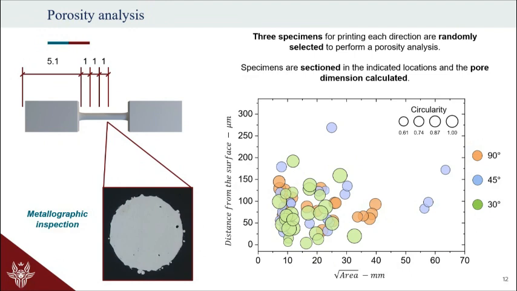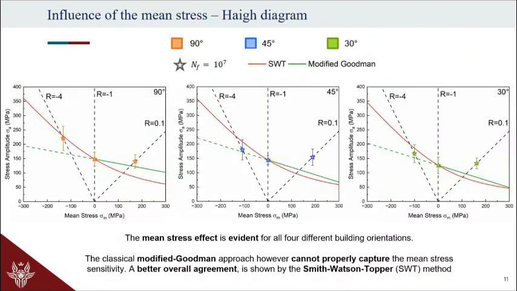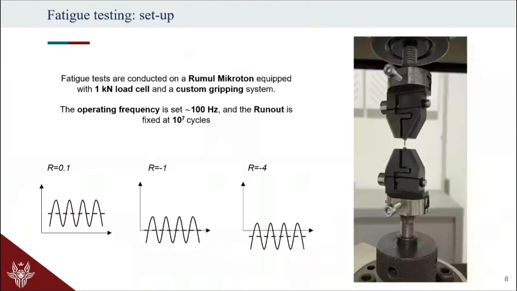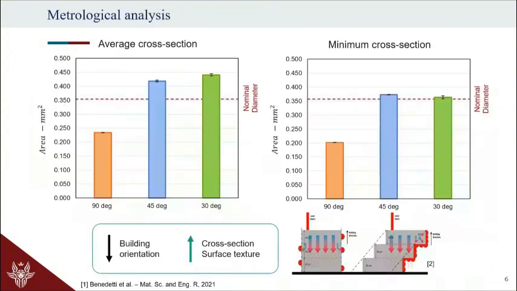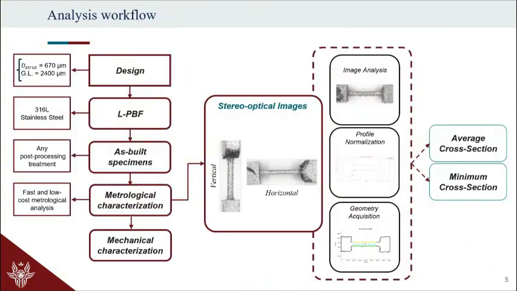Okay, let me start answering the question from the first part. So for computing the stresses here, we use the minimum cross-section that we identify in the optical measurement that we found here. So basically, we identify the profile of our component, and then we took the distances from this yellow line to the green line that we have here,